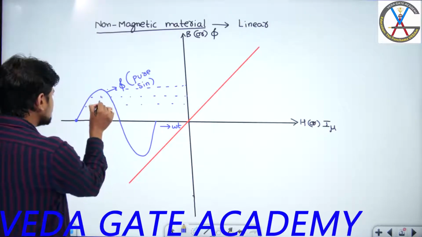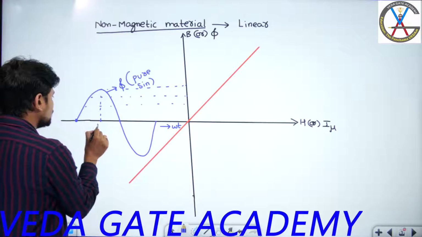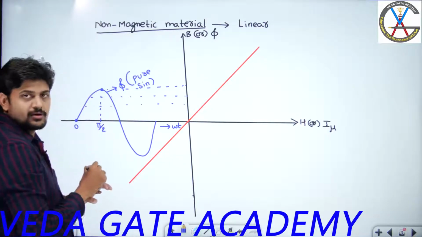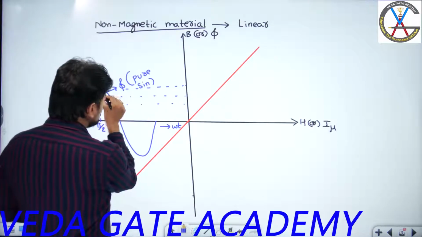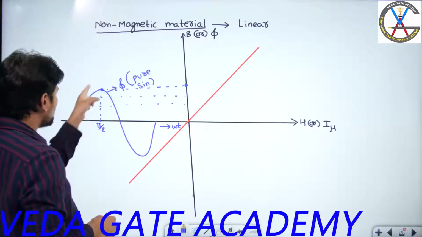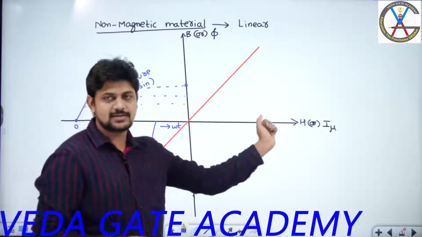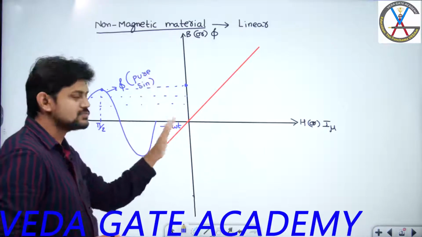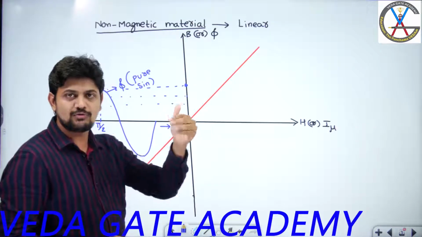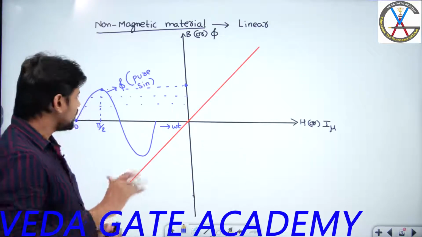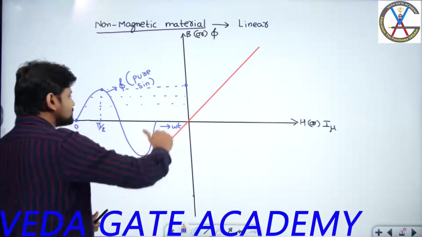Exactly at this instant of time, at exactly omega t equal to pi by 2, I can say the flux is maximum. Yes or no? That reflected point of this shape onto this y-axis will give you the corresponding magnitude. So even though I am drawing this flux shape on the x-axis, the reflected points of this shape will come on the y-axis, which will represent the magnitude of those flux points at different instants of time. Right?